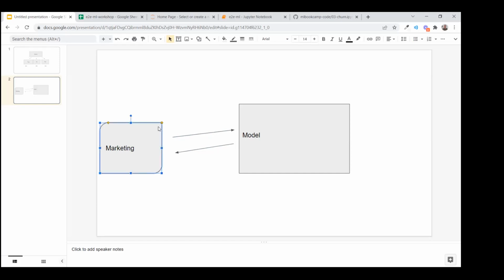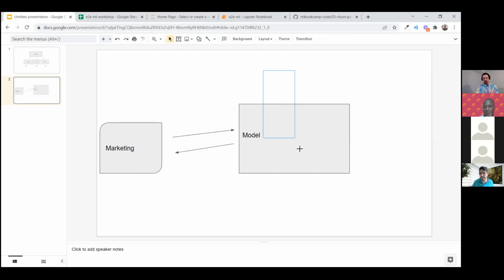And then this marketing department would send a promotional email to this customer. But if our model returns 0, it says that this customer is not going to leave, then the marketing department will not do anything. So this is exactly what we want to do. We want to put our model inside a service. So this will be like a model service. And this is what I want to do now.